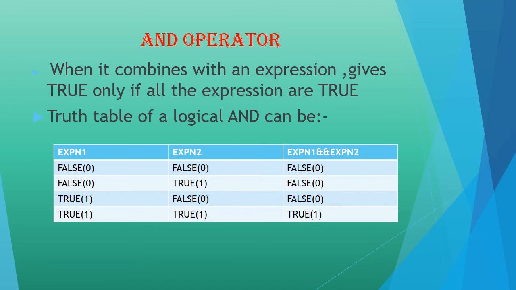That means an AND operation can have two expressions, two operands. We already said that it can have two operands. That means expression 1, expression 2. This is the way of writing the truth table for it. So it can be 0 here and the next one also 0. 0 means what is the Boolean value? False. So 0 AND operator, I already said what AND is.